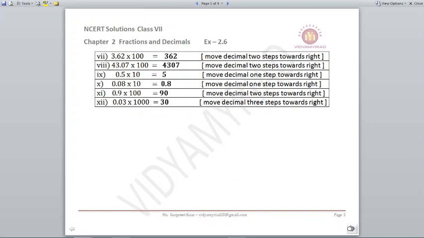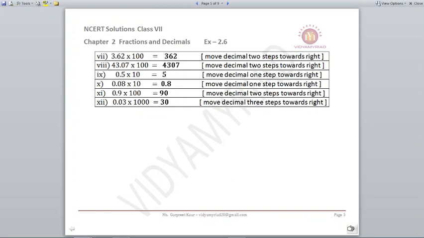Next is 0.9 multiplied by 100. How many steps do I need to move? 2 steps. But how many digits do I have? Only 1. So what should I do? I will put 0 with the number. So that is 90. Next is